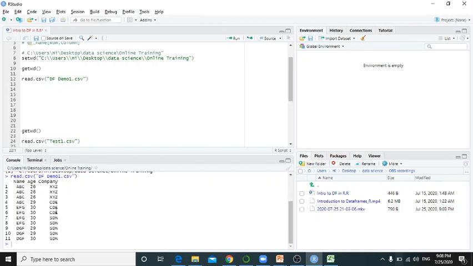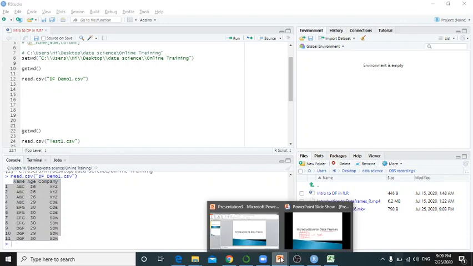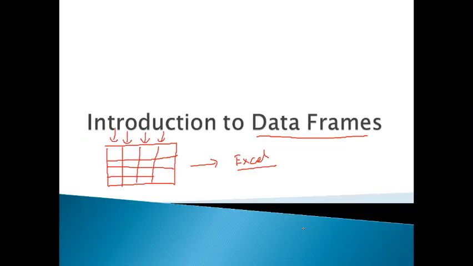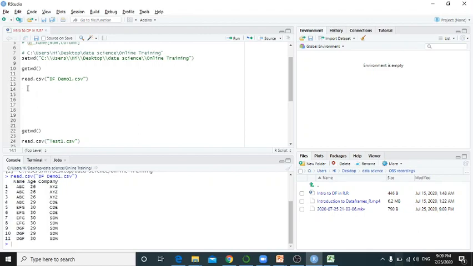All right, with the read.csv function you are able to access this data, but after accessing it, the data is just shown in the console or in the output. Now you have to store it, and to store any kind of data which contains both rows and columns, we know that a data frame is a construct used to solve that kind of problem. So here we have a structure which contains both rows and columns, so we will be utilizing a data frame.